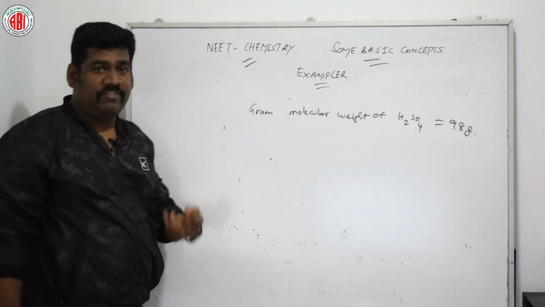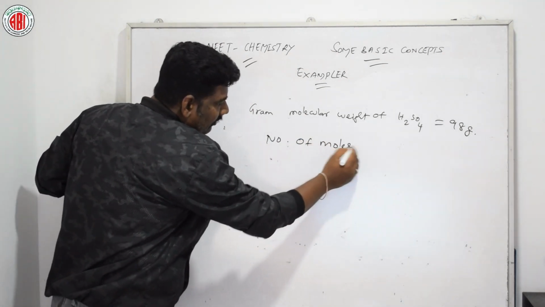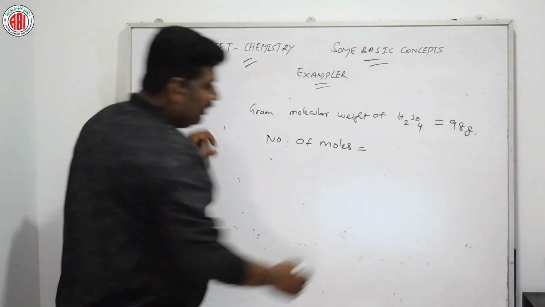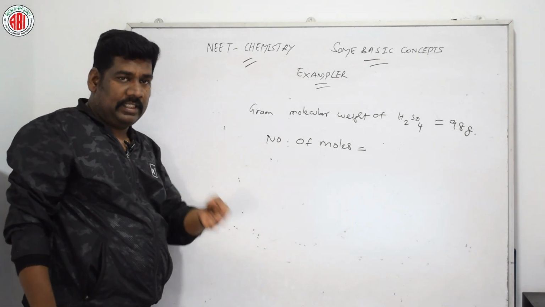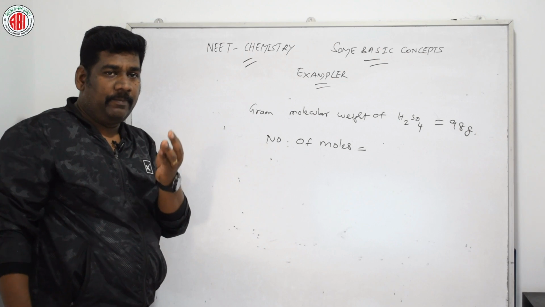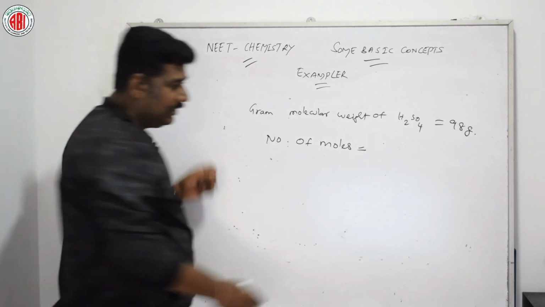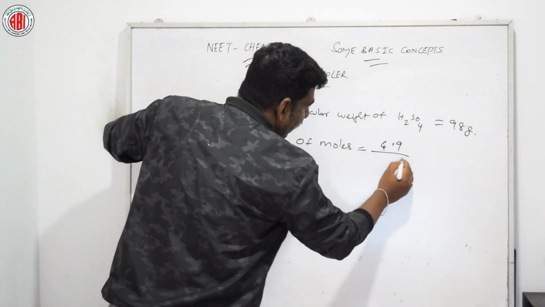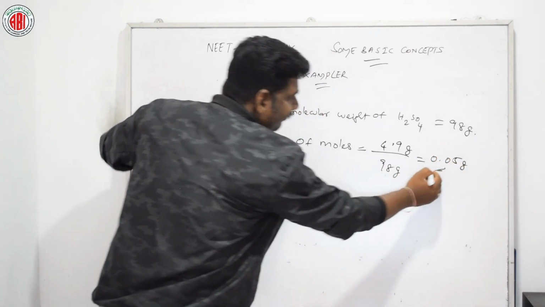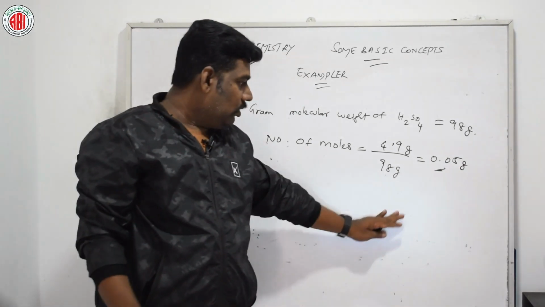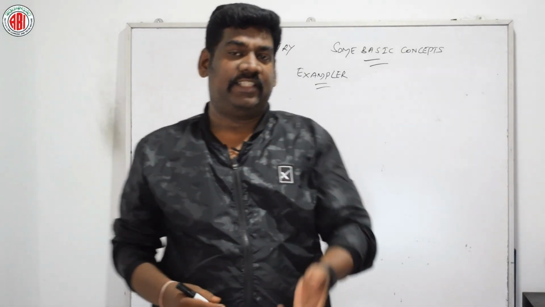So the number of moles, we did the formula just now, right? Number of moles, as given in the question, how many moles of H2SO4 are present in 4.9 gram of H2SO4. That is nothing but 4.9 gram by 98 gram. Simplifying this, we will get around 0.05. So by this way we can solve this problem. Let us go for the next question. Now, let us see the next question.